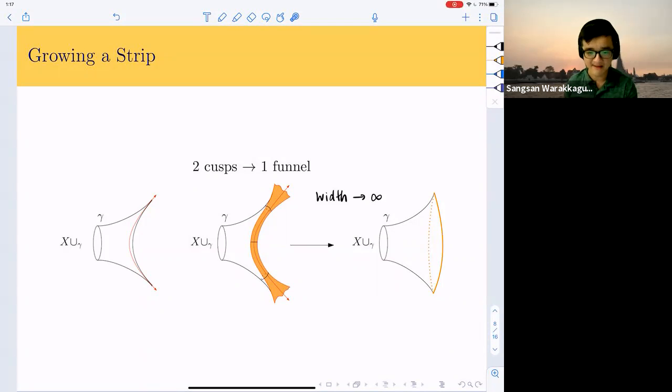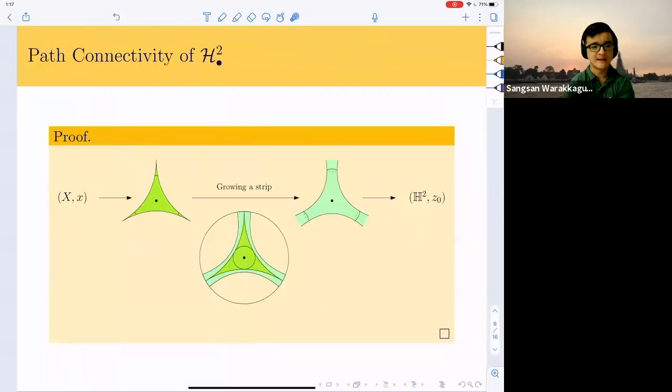And because this is a one parameter continuous family, we actually have introduced a path within our space. And we use this to show the following. So for path connectivity of H2 dot,